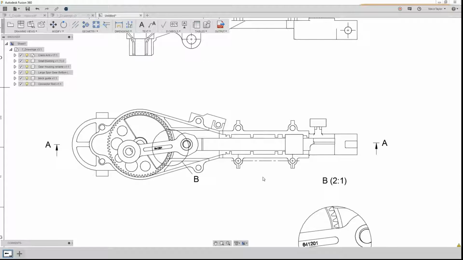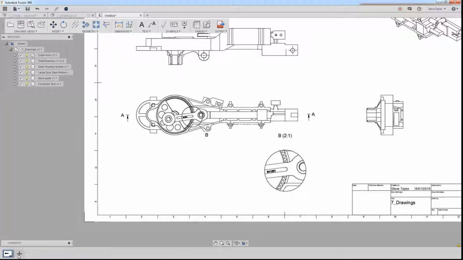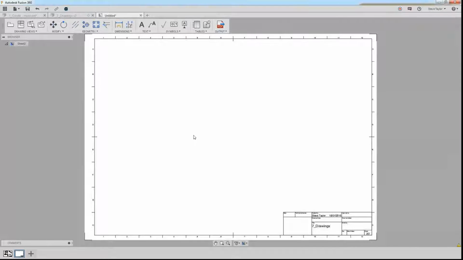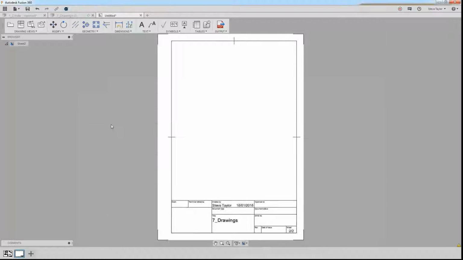Now also what we can do in here is we can add another sheet. So down at the bottom, if I add a sheet, I can at any time go to sheet settings, sheet size, and change the sheet size. So if I want it to be A4 size, I change it. I can change the orientation of the A4 size to be that way. I can bring in a base view. I want to do, just going back to my original drawing here,